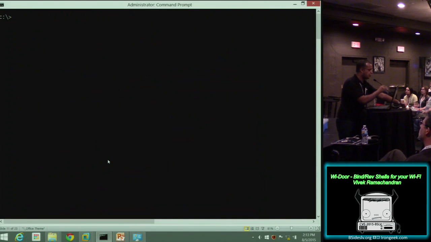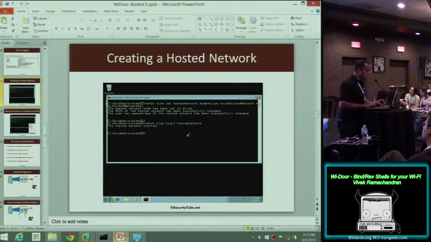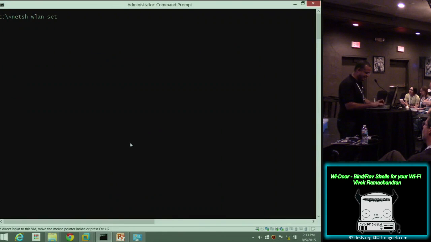You can create a hosted network through the command line, something which you can backdoor your friend's computer with the next time he forgets to lock it. The syntax is unbelievably simple. netsh wlan, unbelievably simple, but I forgot. Set hosted network mode equals allow, followed by the SSID of the network. So let's call it